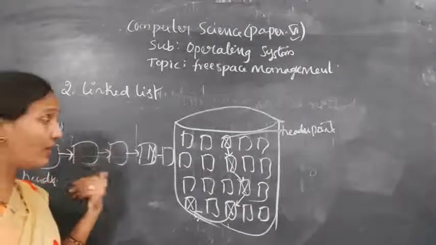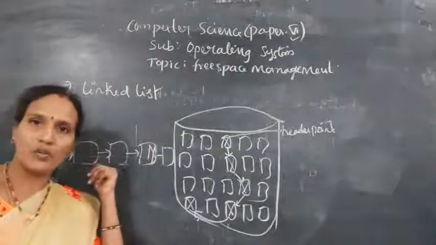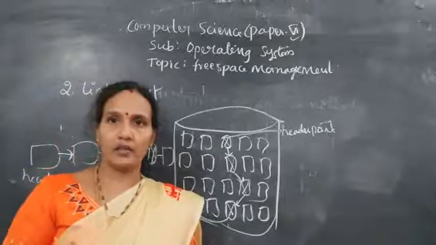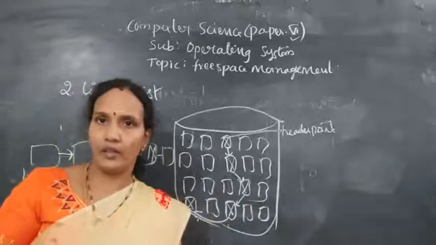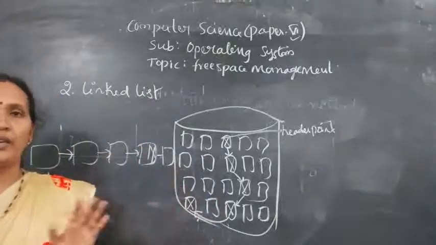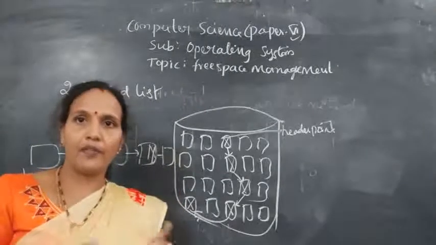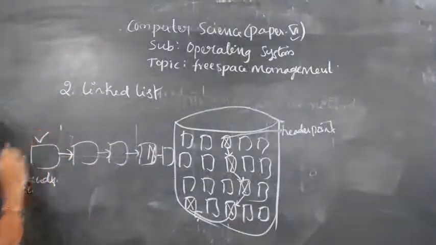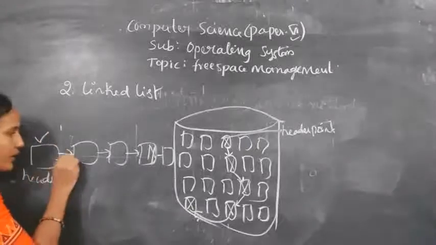Okay, and next, the second block and third block are connected to the first block using pointers. Whenever any file is deleted and the operating system collects the free space, meaning whatever space was allocated to that file, that block is added at the end of the list. If a file wants memory, what happens? The first node will be allocated to the file and the head pointer is moved to the second one.